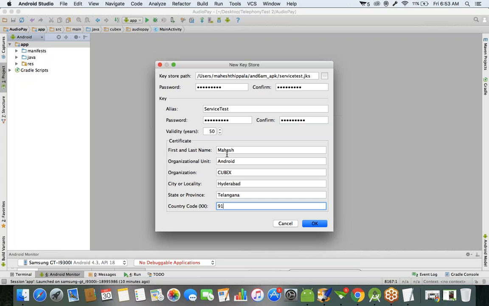What is the country code? 91 is specified. So 91 is the country code for India. And select this OK button. Once you select the OK button,